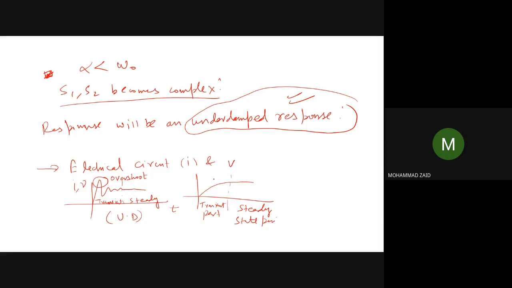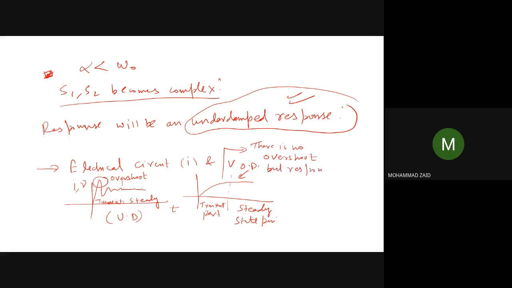As you can see in the overdamped response, there is no overshoot. So you can write down there is no overshoot. Overshoot means the response goes above the steady state value before settling at this point. So there is no overshoot in the overdamped response, but